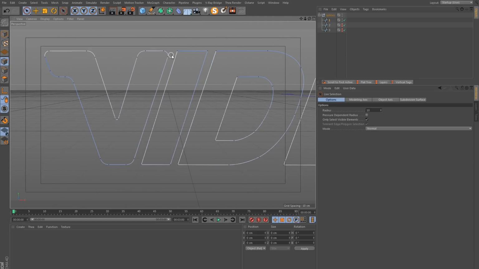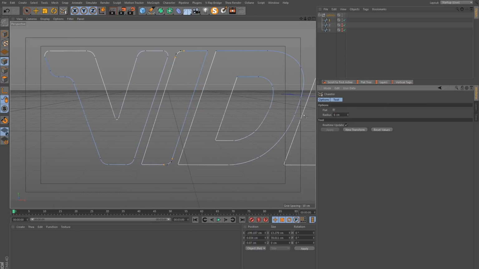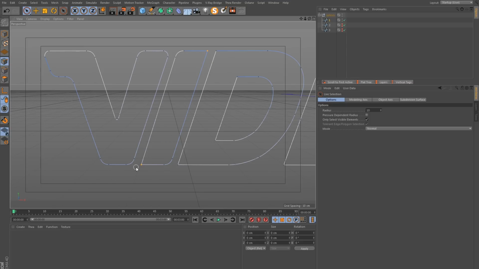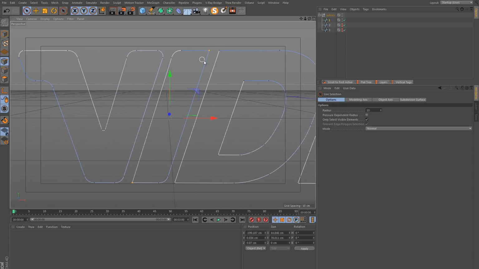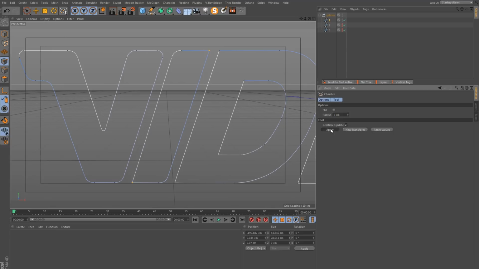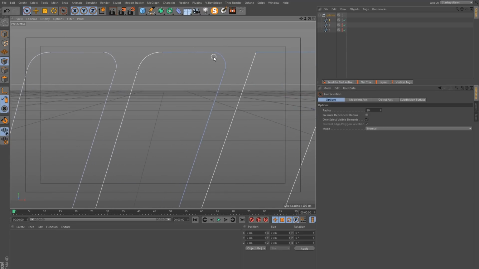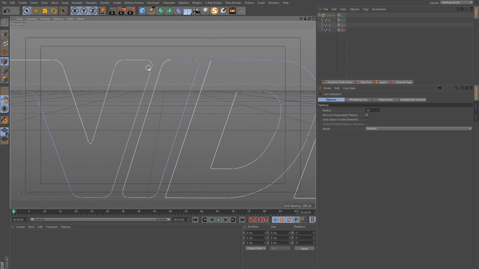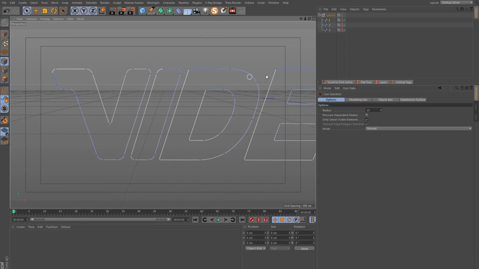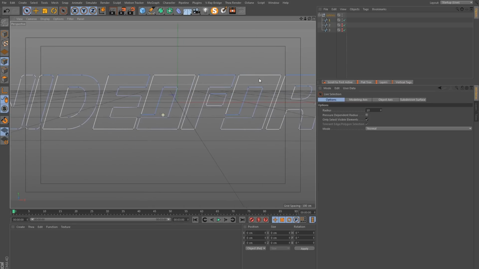Okay, and just another example, these 2 corners, the one up here and the one opposite, are similar, so let's have a radius of 6. And these 2 are also similar, but they are sharper than the first 2, so we will use a lower value here, let's say 3, and that will give us roughly the same type of radius for those 2 types of angles. So you will have to do this for all parts of your logo, and some areas might be a bit more tricky.